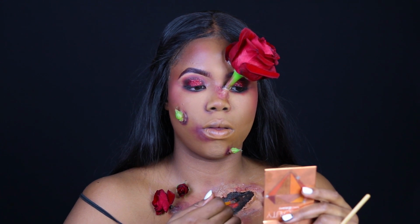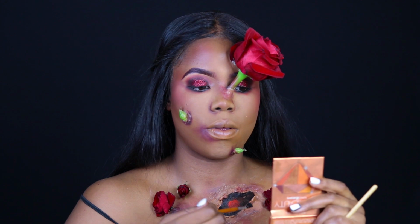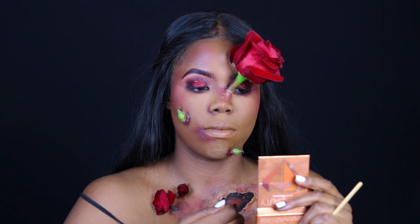I'm using my flash pan. I'm going to show you guys in a bit. If I've not already shown you, I think I have, but I'm going to be using my flash pan, and I'm putting the red in the middle. So yeah,